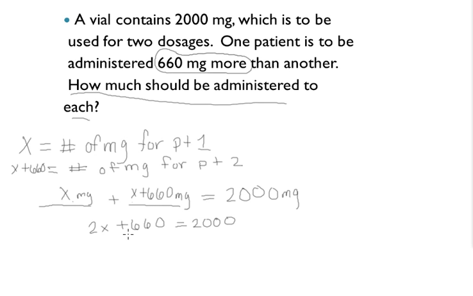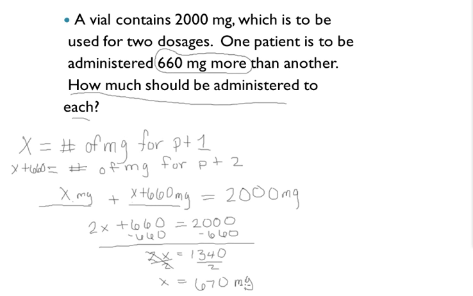It's added, so I do the opposite and I subtract 660 from each side of my equation. And this gives 2x is equal to 1,340. Now there's multiplication, so the opposite is division, so I divide by 2 on both sides of my equation. The 2's cancel, and so I have x is equal to 670